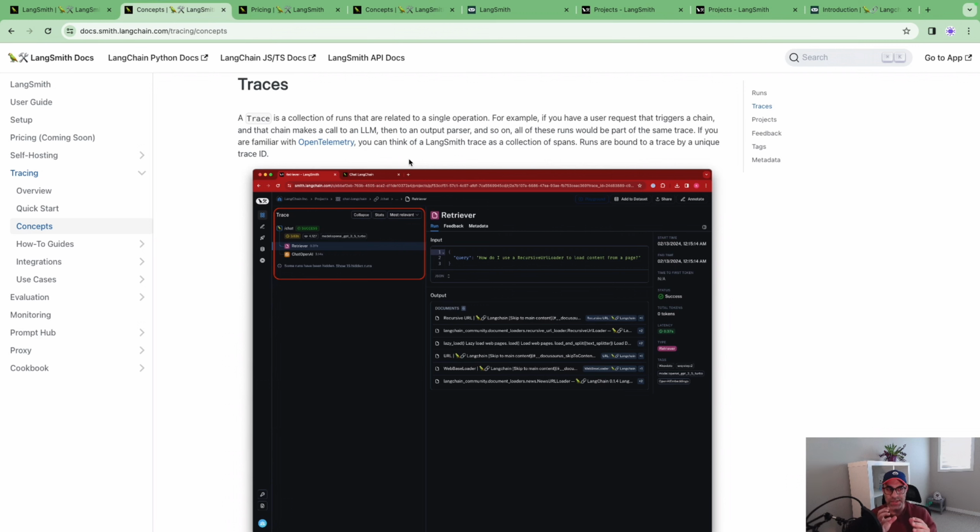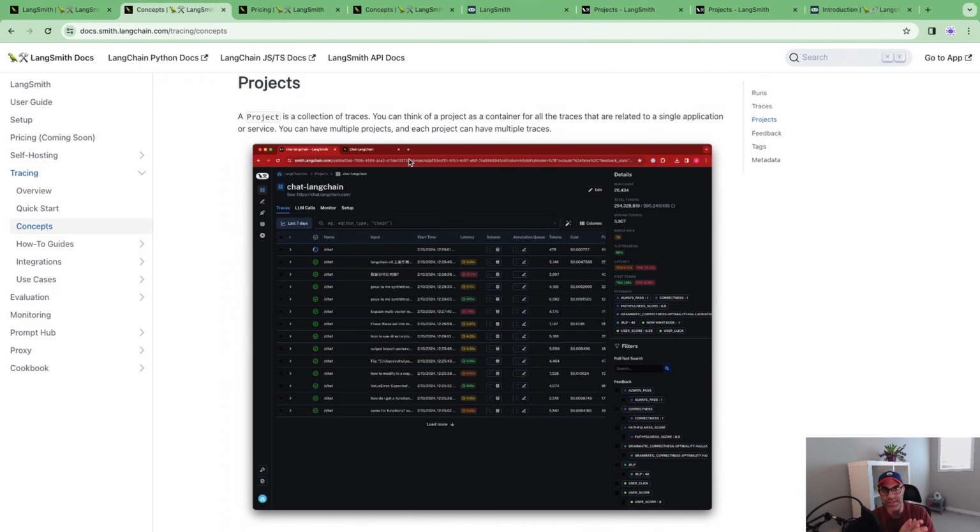You have an app which gets information from the user and goes to retrieve some context and documentation from the backend or from the vector store. And so this collection is actually passed to one language model. That language model has the responsibility to do sentiment analysis. You have another language model that does summarization of those contexts. And so then you have these two language models in parallel, then you pass both into that response LLM, and response LLM will provide the output. So a collection of traces are essentially documented under your project.